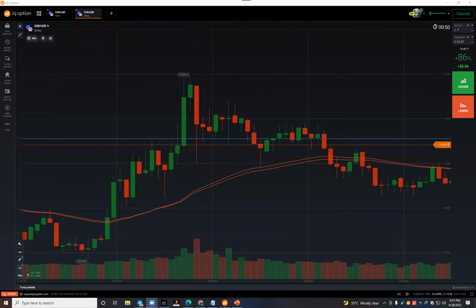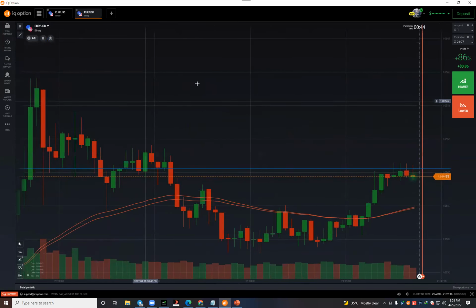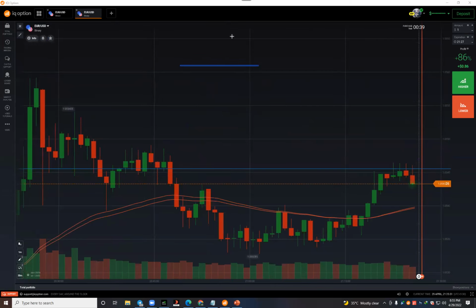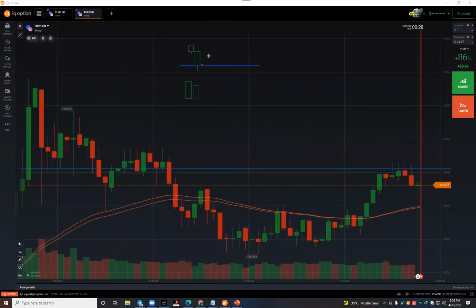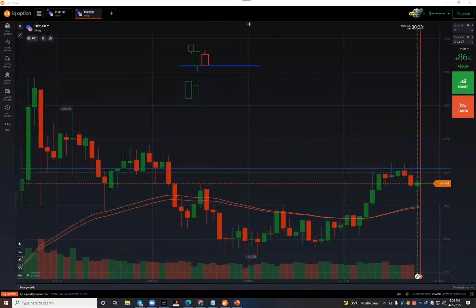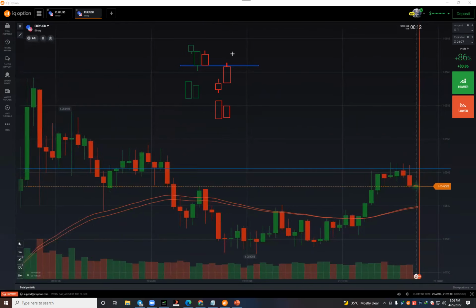So first, what is your assignment? The assignment is that if the candle closes on the support, if there is an anomaly, then it will work for you. If there is a resistance, and you find the anomaly on the resistance, it will work for you.